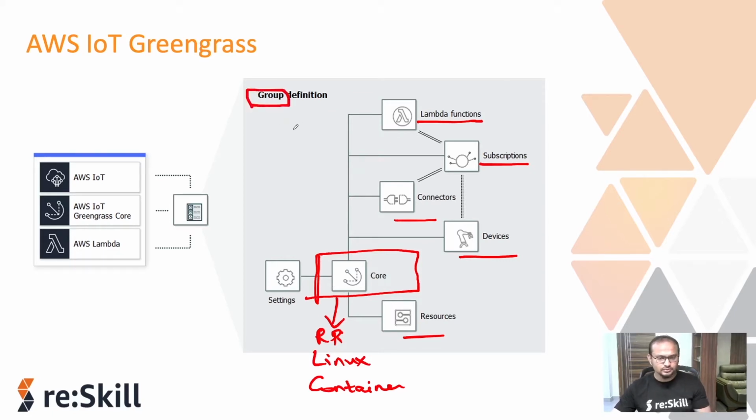Within a Greengrass group, there's going to be only one core. Every Greengrass group has only one core, and it can have any number of Lambda function devices. Not any number, like 200 devices. Lambda functions, I'm not really sure, but we can have subscriptions so that these devices talk to other devices, these devices talk to the core, these devices talk to Lambda functions, and the devices talk to AWS IoT Core and stuff like that. So all of these things can happen very easily.